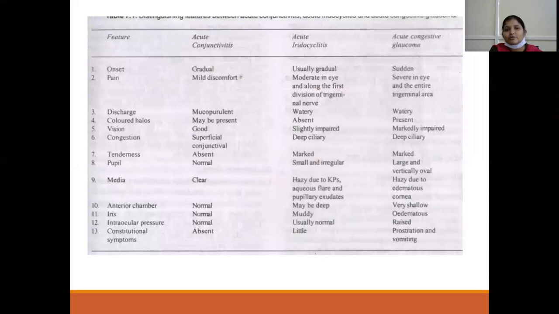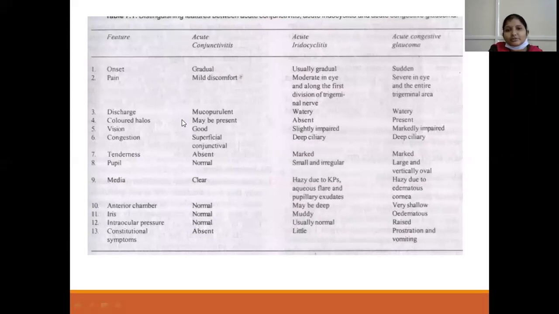How do you differentiate between colored halos in conjunctivitis and those due to glaucoma? In conjunctivitis, the colored halos are caused due to the presence of discharge. So when the patient washes his eye and the discharge is removed, the colored halos disappear. Even after thorough saline irrigation of the eye, if the colored halos persist, it can be due to glaucoma. How do you differentiate between colored halos caused by cataract and glaucoma? It is Fincham's test, which will be discussed in cataract.